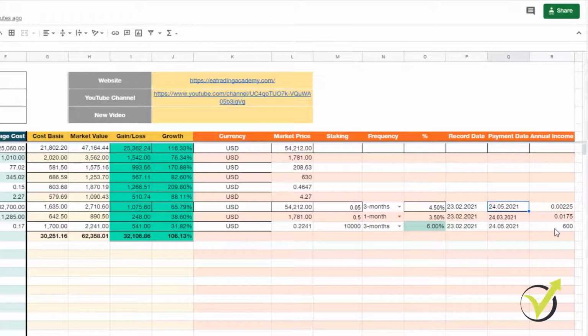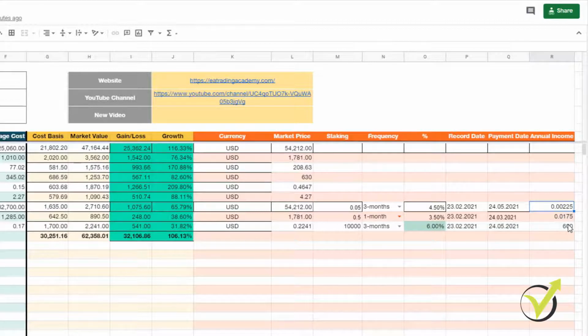Okay, so you see with the Crocoin, I'm expecting annually 600 Crocoins. It's 10,000 coins, I have 6%. This is easy to calculate, it's 600, and the rest two are for the Ethereum and for the Bitcoin.